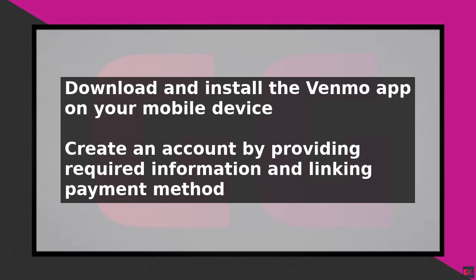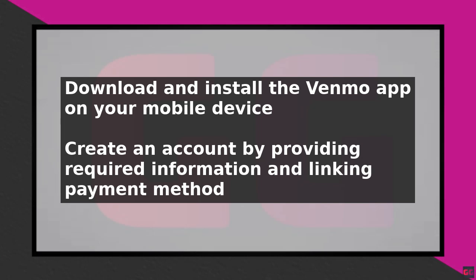To send money to someone using Venmo, you will first need to download and install the Venmo app on your mobile device. Once installed, create an account by providing the required information such as your name, email address, and phone number. You will also need to link a payment method, such as a bank account, credit card, or debit card,